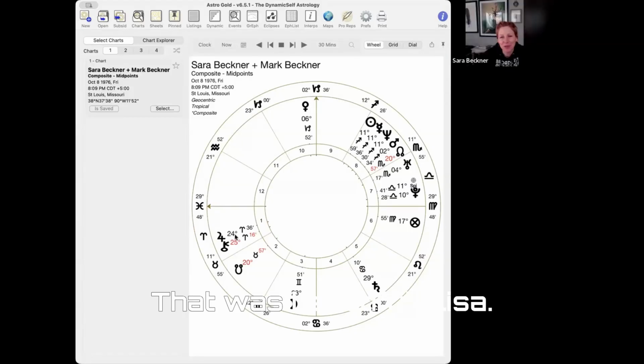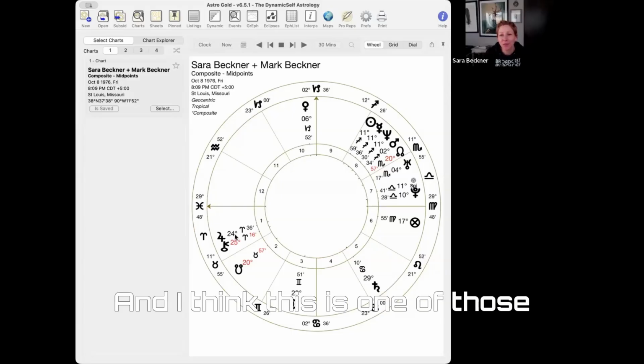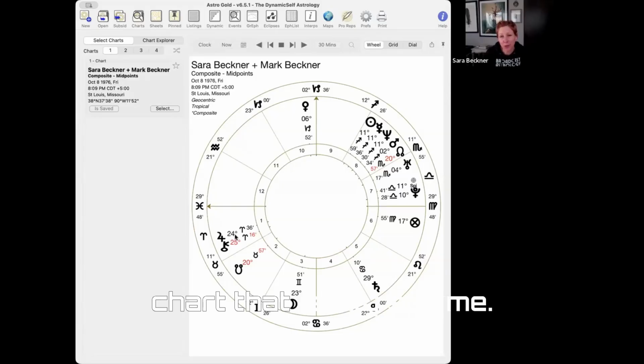I love that. That was beautiful, Lisa. That's well said. And I think this is one of those pieces of this composite chart that really suit me because I have natal Neptune in my seventh house. So that's already